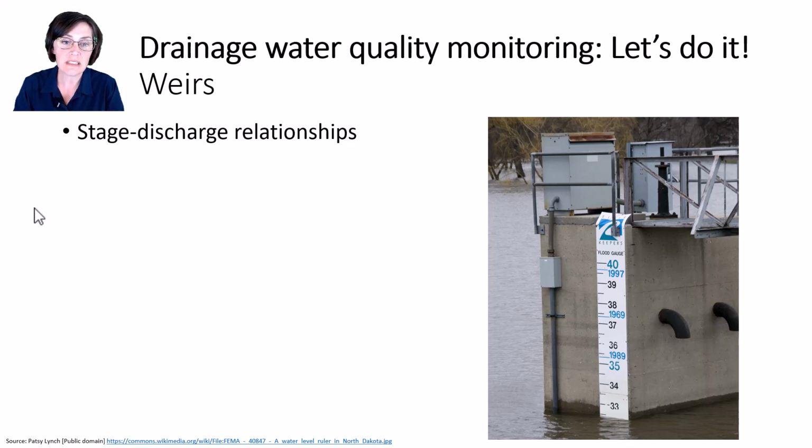Flow rates in subsurface drainage or streams or river flows, flow rates themselves are difficult to measure directly. But water depth is not difficult to measure, even continuously. So we develop a stage-discharge relationship so that whatever the water depth is, that water depth can be related to a flow rate.